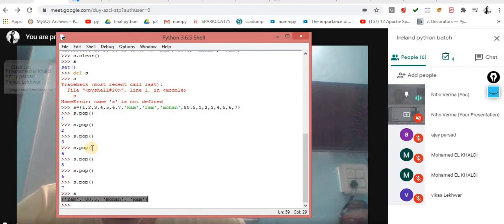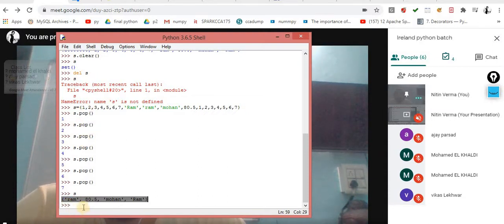But in the case of a tuple, these kinds of things are not implemented. As we saw yesterday, there are only 2 methods, the index and, I think, the second method was, I forgot the name of that method. Only 2 methods are there, but inside the mutable objects there are different methods.